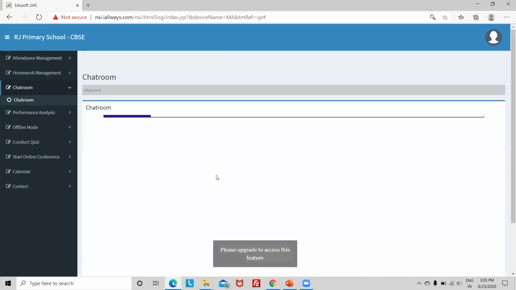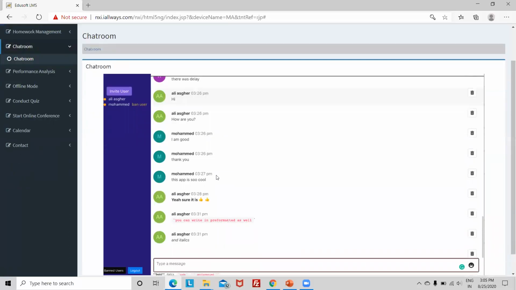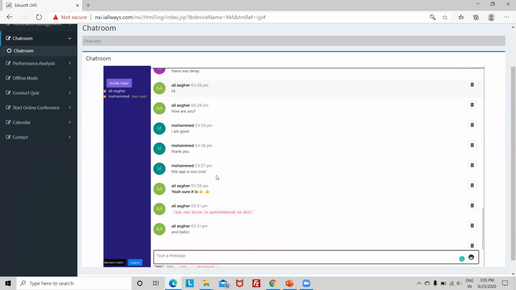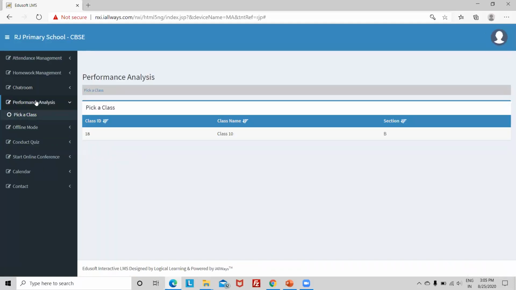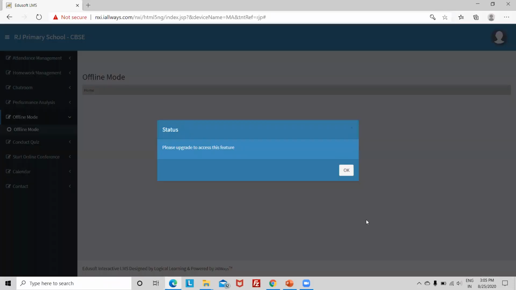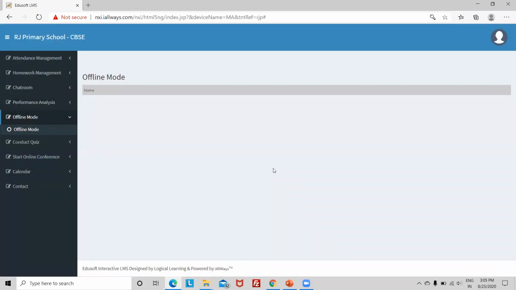Currently, the chat room gives you a static image, just to give an idea of what will be there once you upgrade to the commercial version. As a teacher you get a chat room and performance analysis. These features are not built in yet; it is just to give you an idea what will be there as you log in as teacher or student, such as online conference, calendar, and contact information.